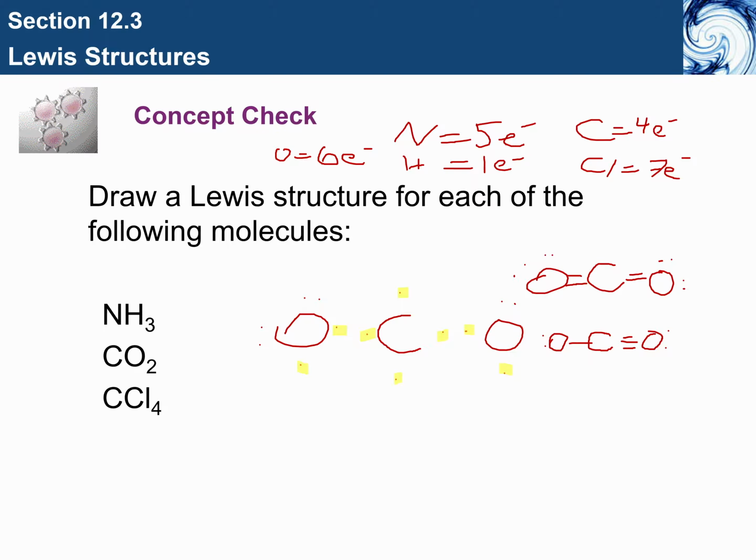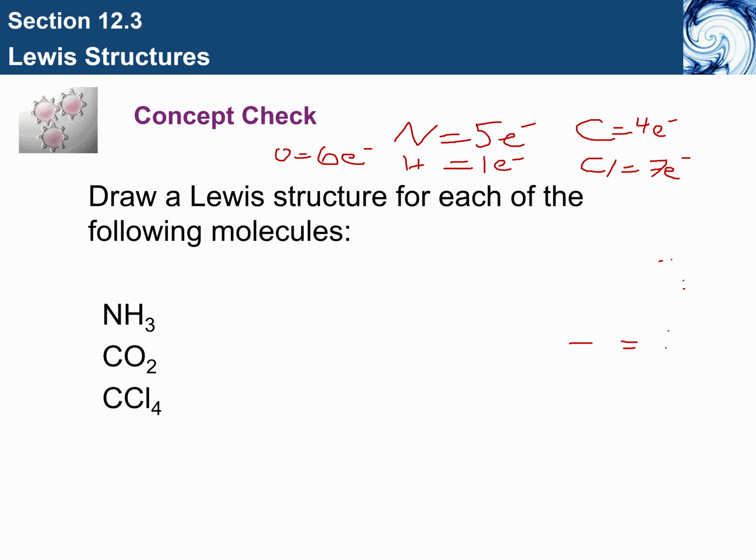And then finally, we should probably all be able to see what's going to happen with the carbon and the 4 chlorine, because chlorine, of course, if we look up at the top, we have 7 electrons, and carbon has 4 electrons around it, so the center molecule or atom will be our carbon, while the top, bottom, left, and right will be chlorine. So let's draw it without putting the electrons in first,